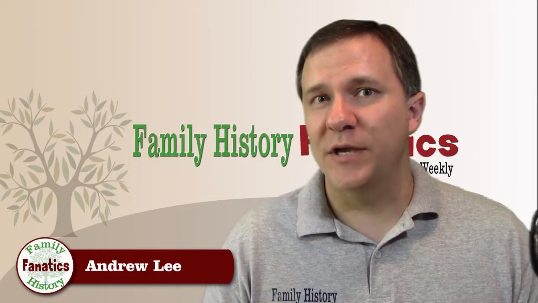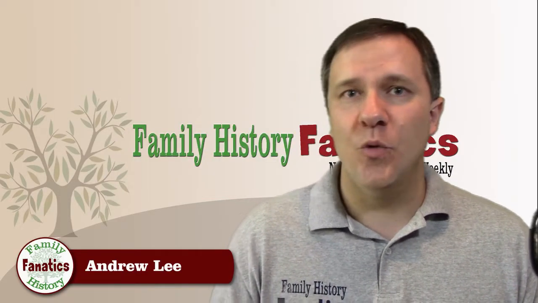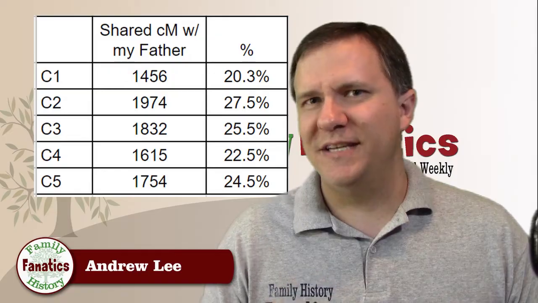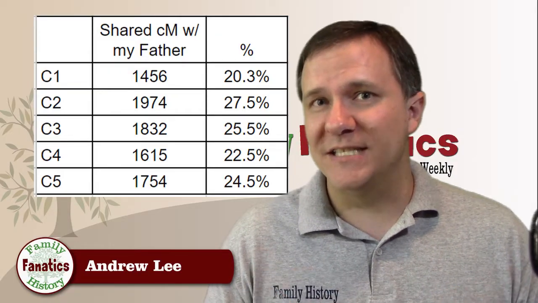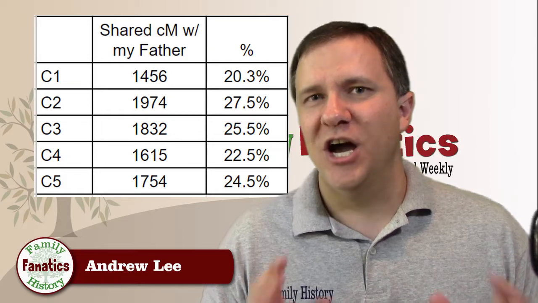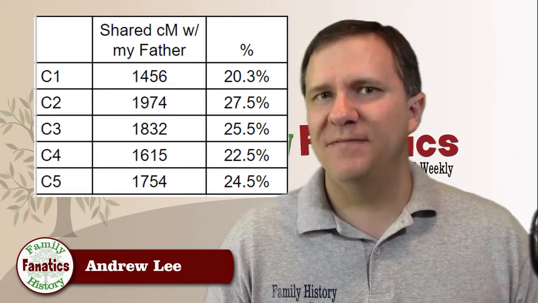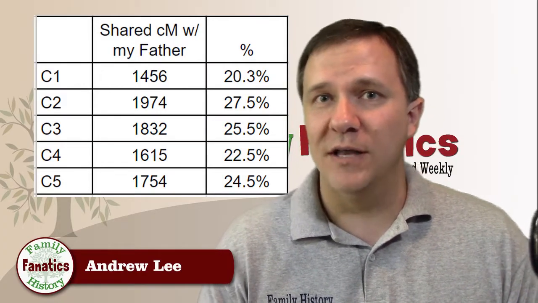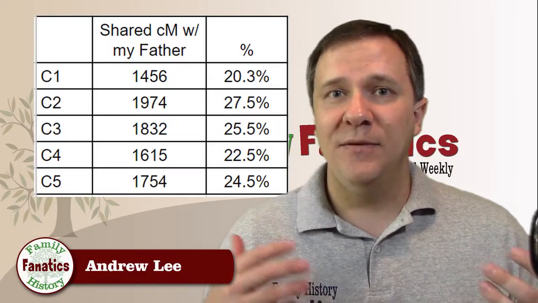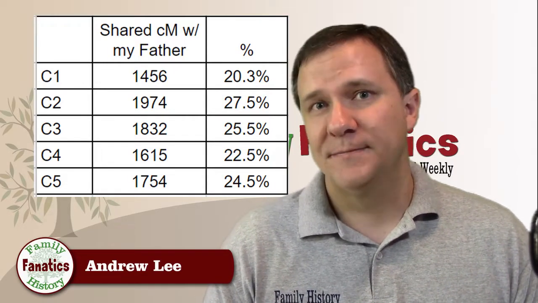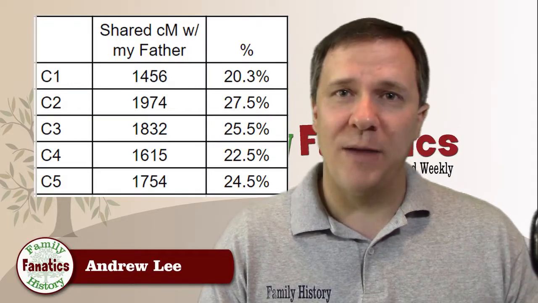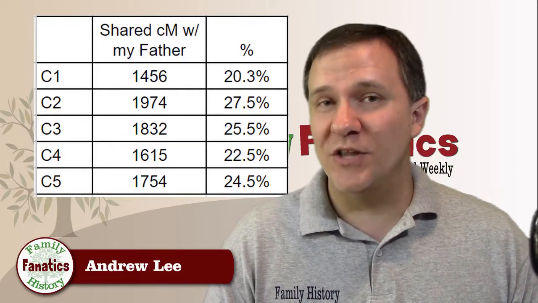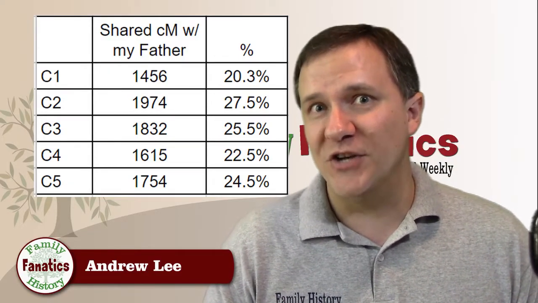So next, we're going to look at my children compared to my father. This is also a grandparent-grandchild relationship. It shows a little bit different story. Unlike with me and my siblings, there's actually a wide range of shared DNA between my children and my father. In fact, the lowest one is at 20%, which is near the bottom of what the Shared CM project shows. And the largest one is at 27.5%. So this is the same type of relationship, a grandparent-grandchild, except with these 5 different samples, the variability is much larger and it spreads over more of the range that Blaine Bettinger's project has shown.